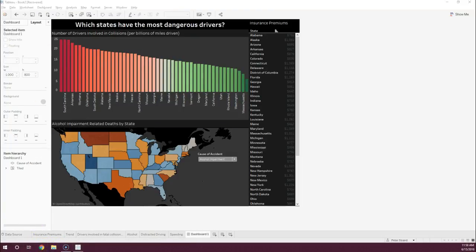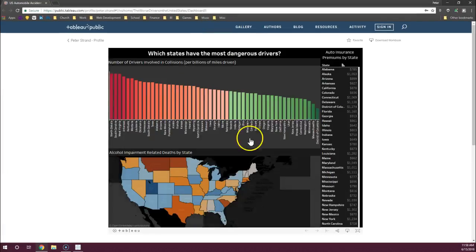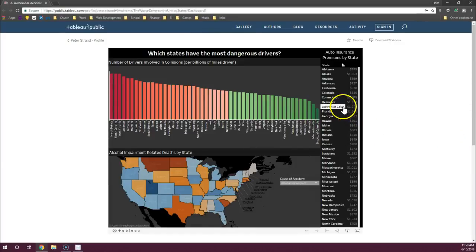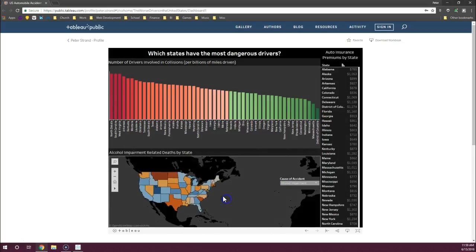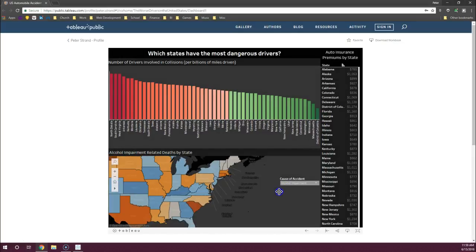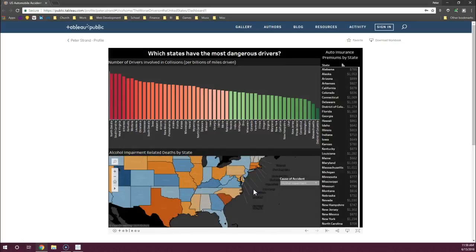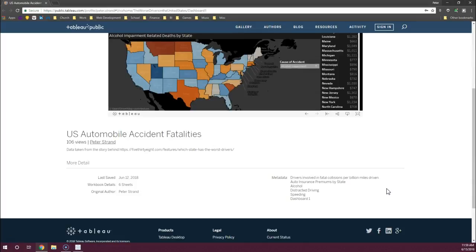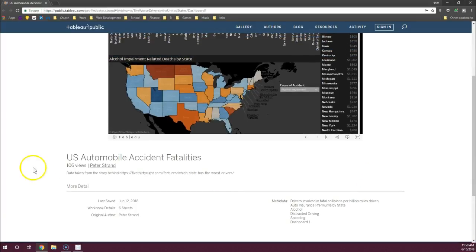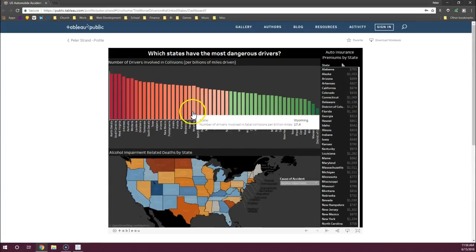And let me pull up mine real quick. And this is what mine looks like. So in Tableau public, you can upload it, and this is public for anyone to see. You can of course change privacy settings, I believe, and it's a little buggy here, but it seems to be working okay for me. So it's got a couple views on here. You can add a description, and in this case I added the source to the data set,